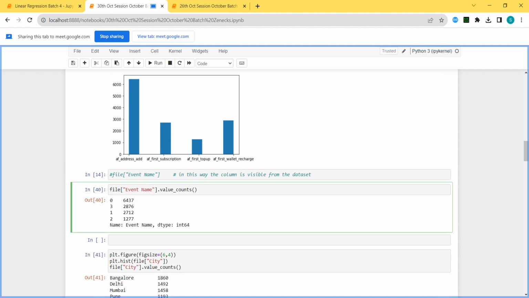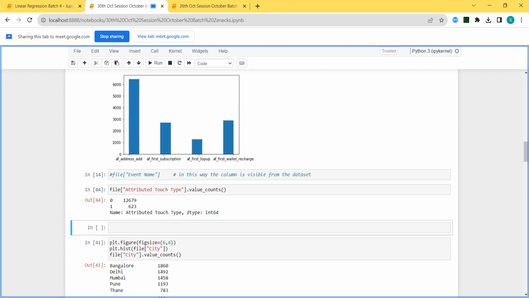Here you have to write down the name of the column. Value counts is the function which will give you 0 meaning click, and for that 0 how many total rows are there. 12,679 rows are labeled as 0, and that 0 labeling is for clicks. 623 rows are labeled as impression.